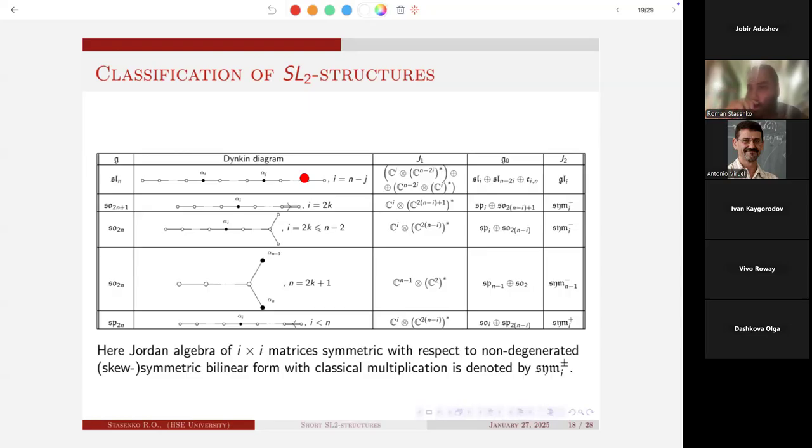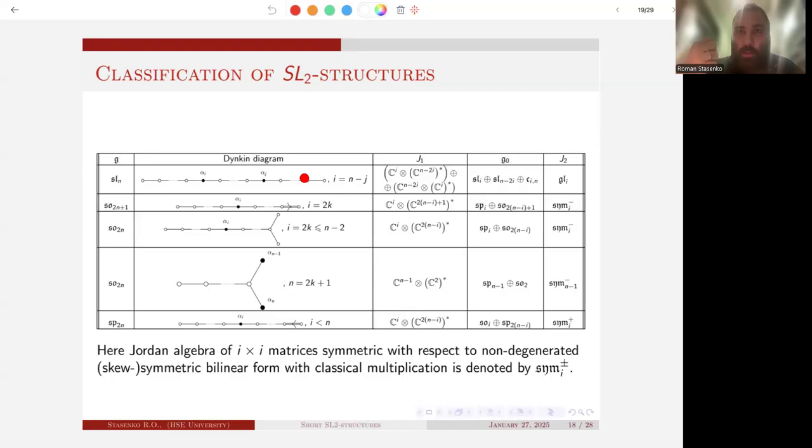In our case, we can get only a root subspace with the multiplicity 2. So if we take the highest root of our algebra, we can see that on this algebra it gives us only the number 2. So the highest root gives on the element H only the number 2, and this